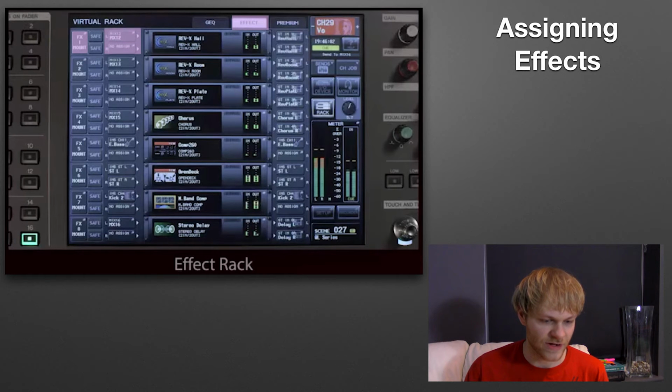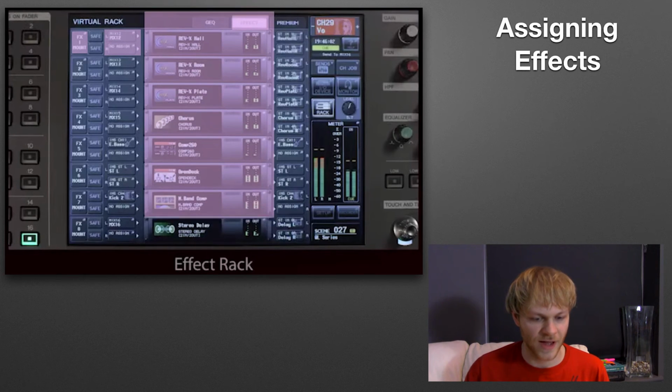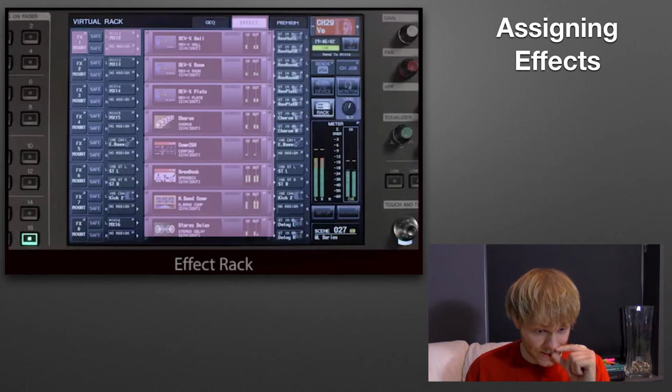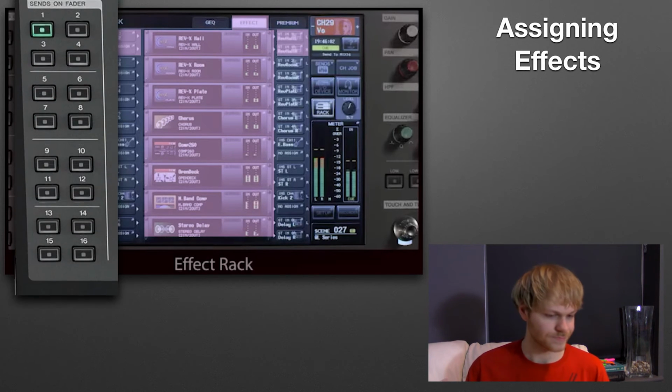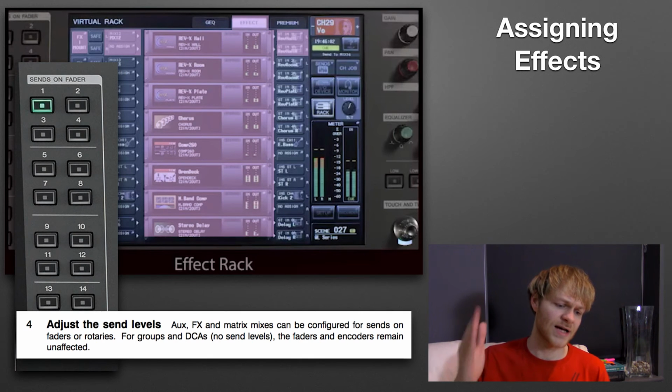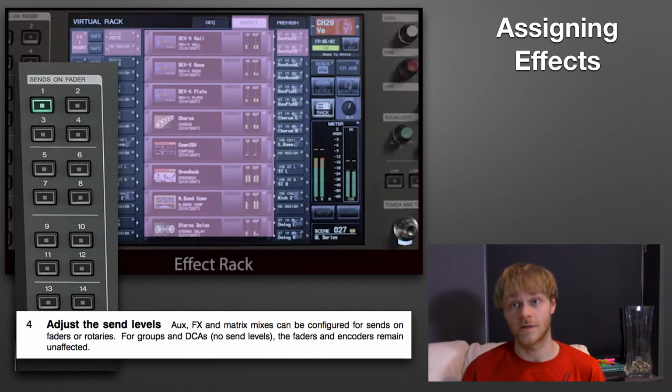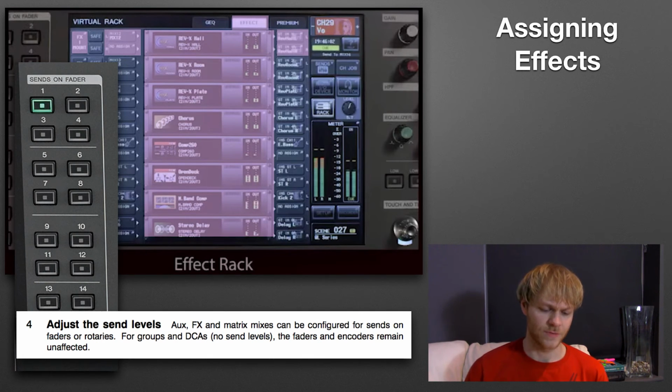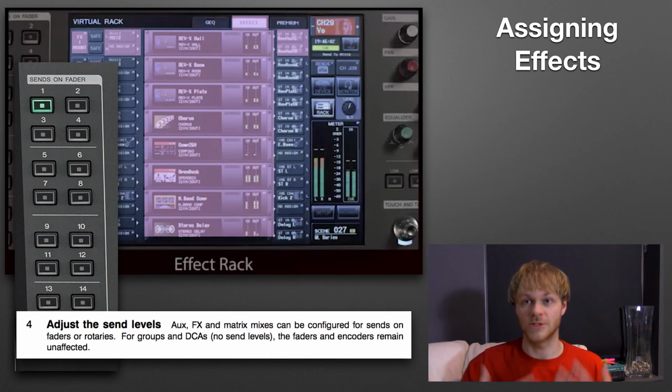We can assign our effects by following this little path, selecting the effects that we want, then we can adjust the effect parameter and select where we want the effects to be assigned to. Simple enough. And we can assign effects again on our sends on faders. So for example, reverb, if we wanted to apply it to multiple channels,